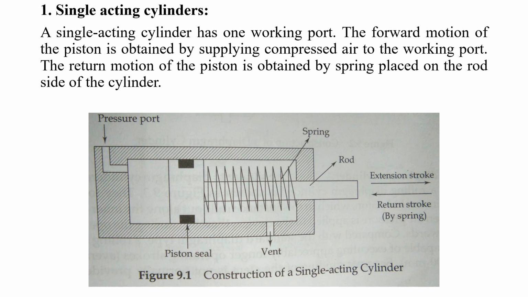When we require the pressure force, the actual working stroke will be the forward stroke in this particular single acting cylinder, because the spring is at the rod end. From the pressure port, we supply the pressurized air. That pressurized air will push this piston against the spring force. The end of the rod is used for the required application of work. Using this rod end, it will push the load, push the component from the conveyor, push a car, lift the component, any kind of application.